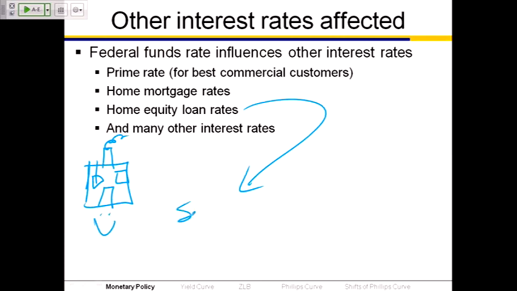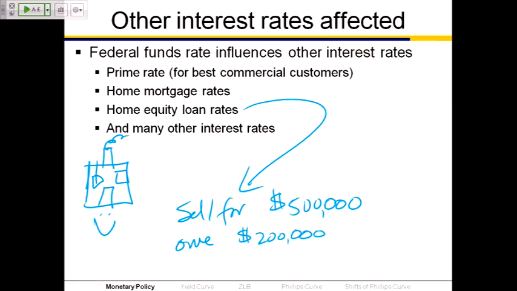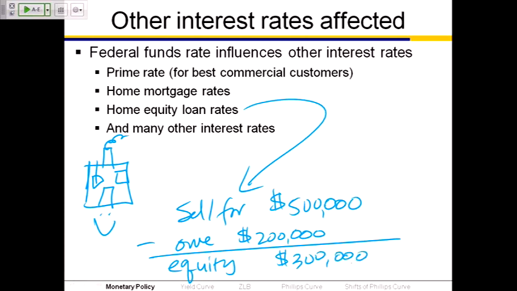Suppose that your house could sell, not that you're going to sell it, but suppose you could sell the house for $500,000. So other houses in the neighborhood that are comparable to this house are currently selling for $500,000. And suppose you owe $200,000 on the mortgage. So you still have $200,000 you have to pay back to the bank for this house. The difference between what the house could sell for, not what you paid for it, but what it could sell for if you were to sell it today, the difference between what you could sell the house for and what you still owe on it is called the equity in the home. And so in my example, that would be $300,000. Again, that's not the difference between what you paid and what you owe. It's the difference between what the house could sell